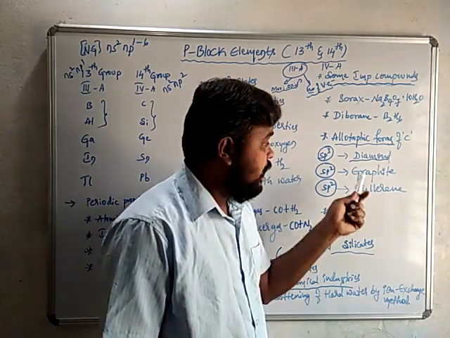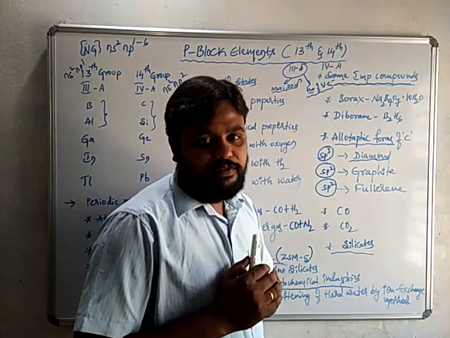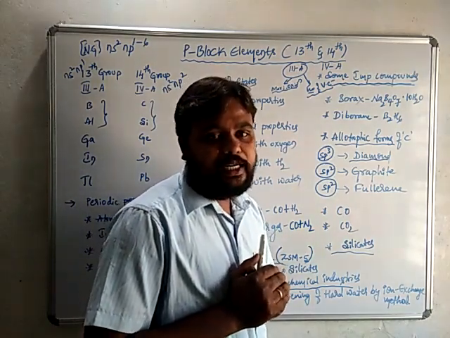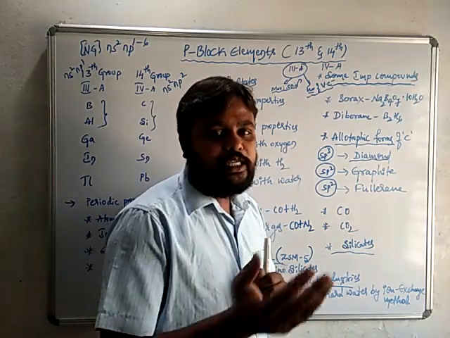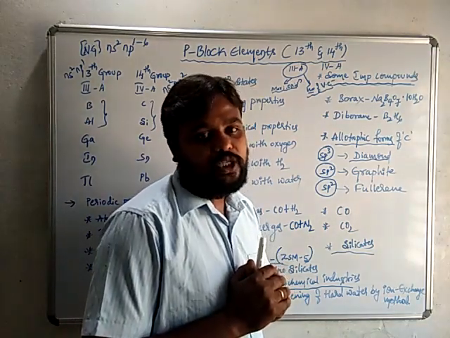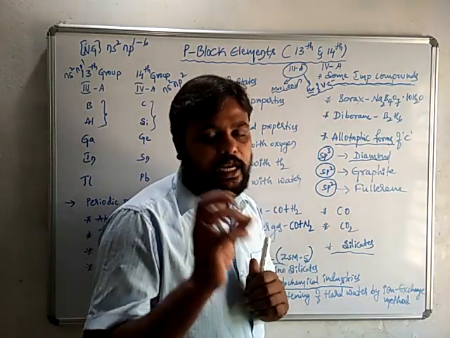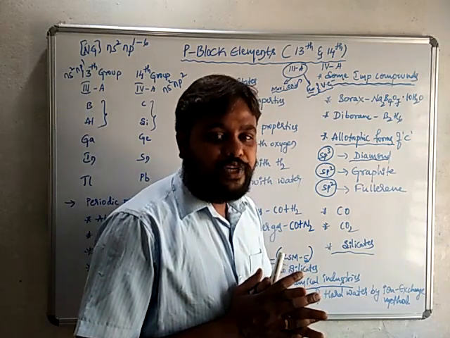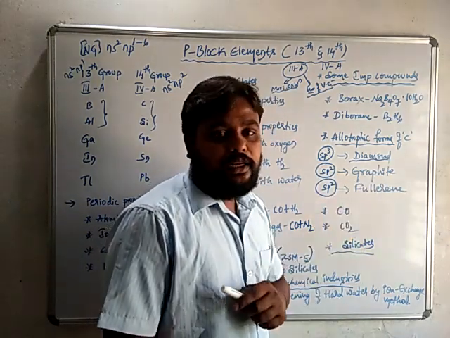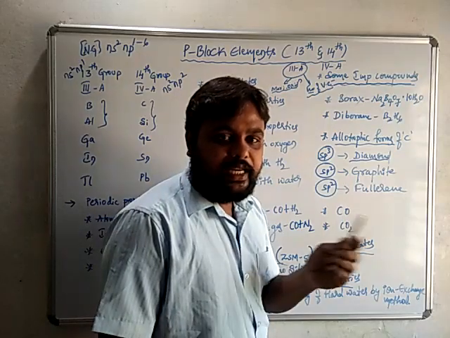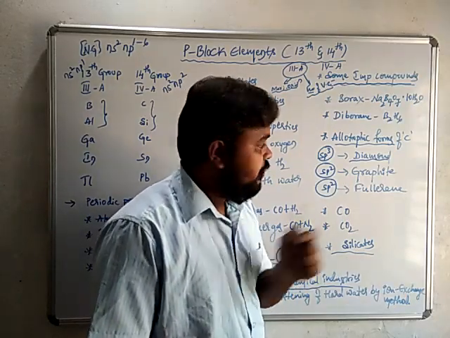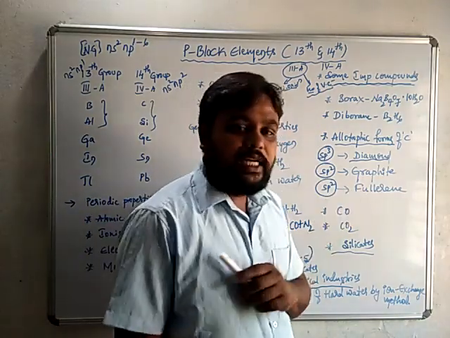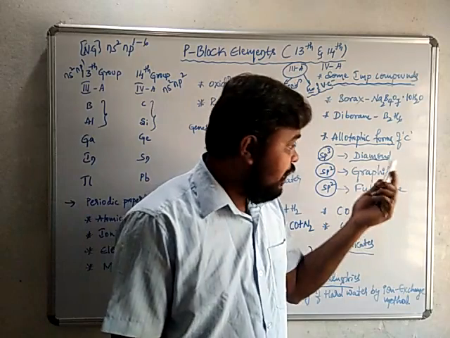Similarly graphite is another allotropic form of carbon, in which carbon undergoes sp2 hybridization. It has a layered structure, with hexagonal ring layers. In that hexagonal ring, each carbon contains only 3 bonds and is involved in sp2 hybridization, where the 2pz orbital electron is free. Because of the presence of that free electron, graphite can show conductance. It can carry current from one end to another end. Between diamond and graphite, graphite is a good conductor of electricity.